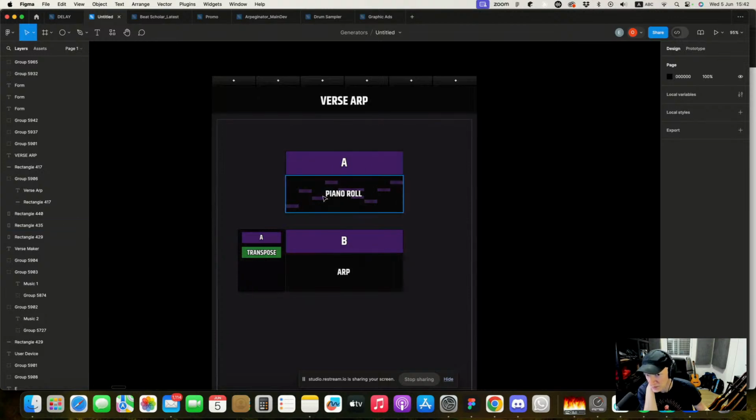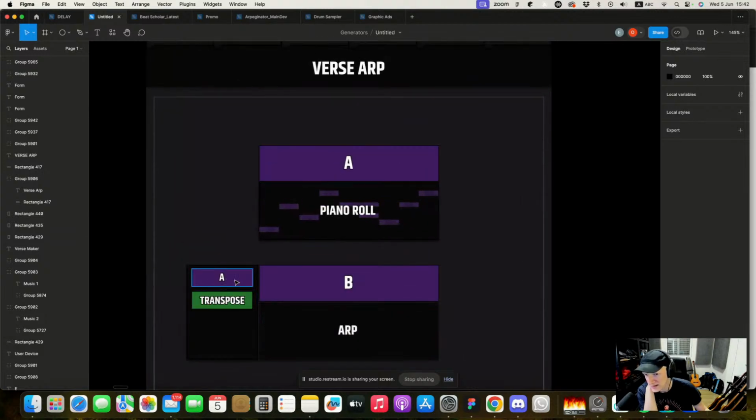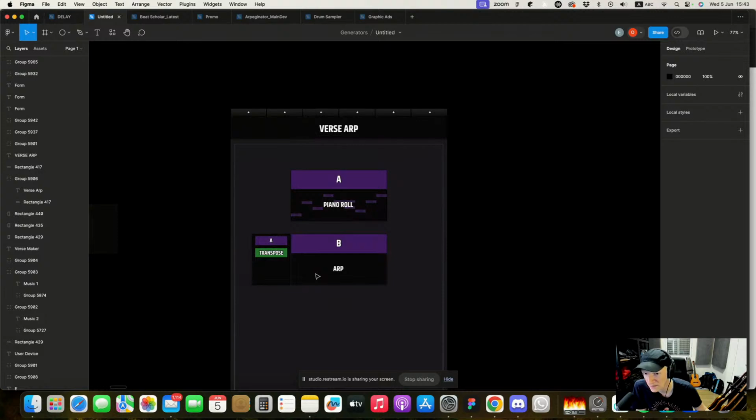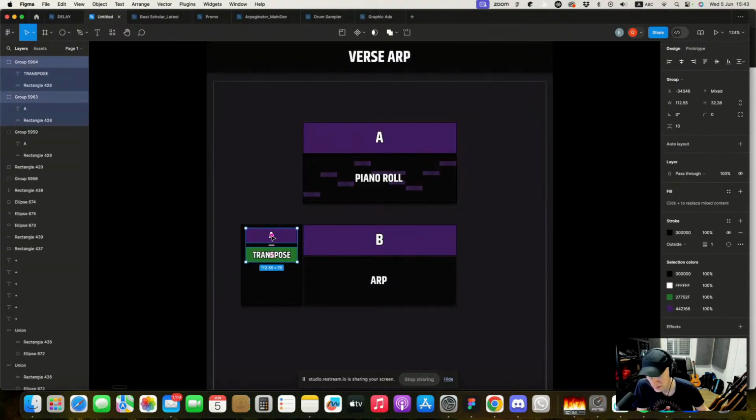This module is the piano roll, and it says A. This module is an ARP, and it says B. And you can see that A is inputted into B. This is a very basic form, like I showed before, if you were here, about starting from basic shapes and basic colors and having a very clear understanding of the most powerful aspects of a design or of an interface.